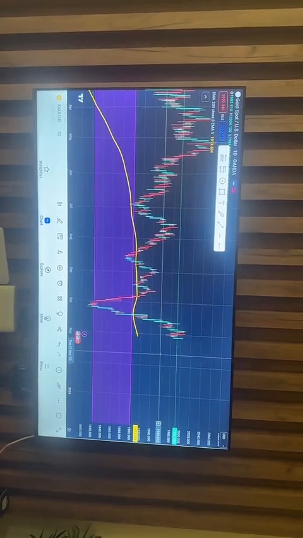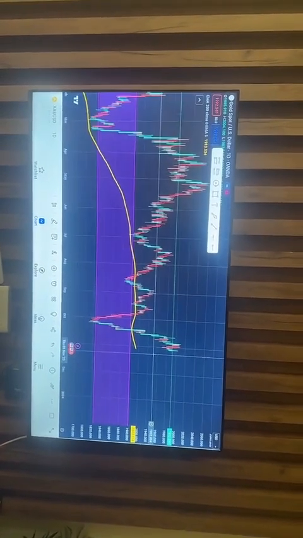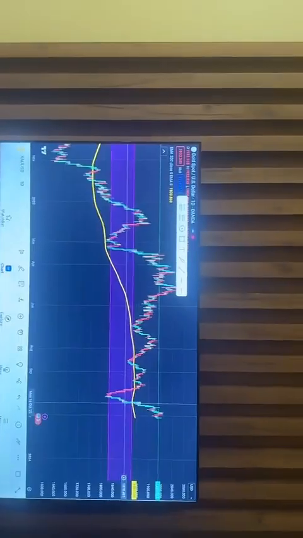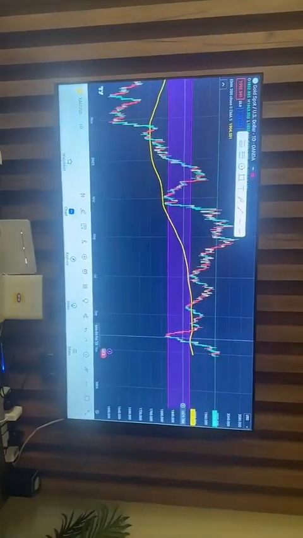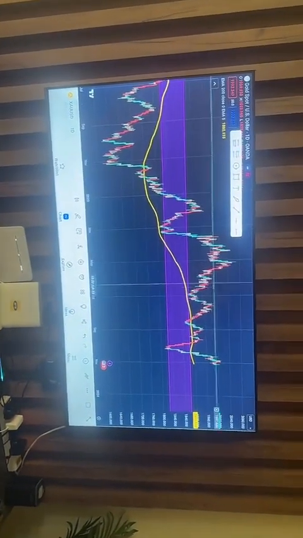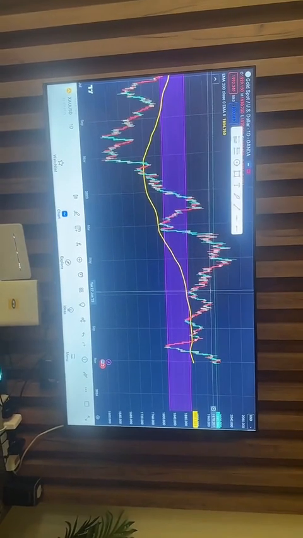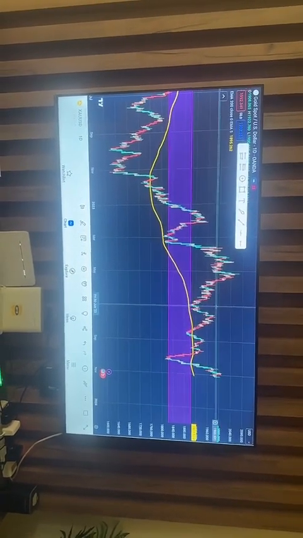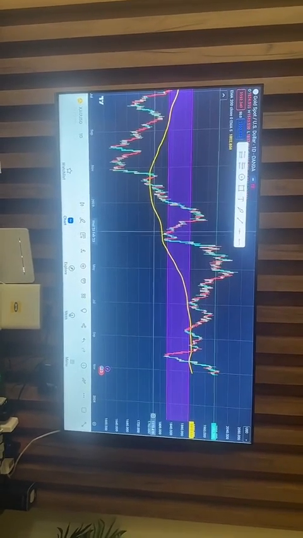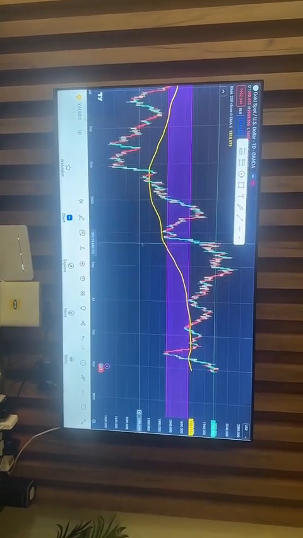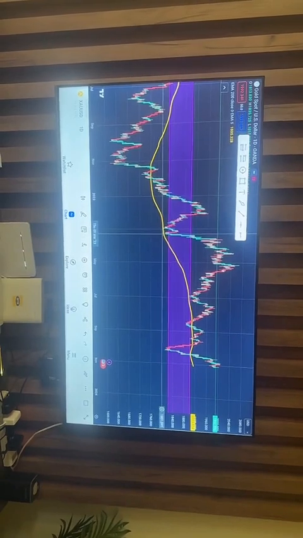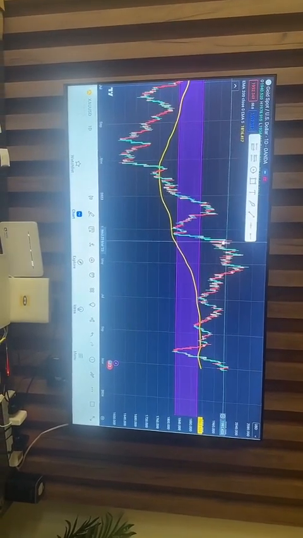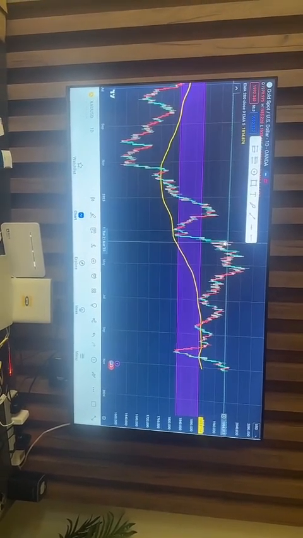Now, how far would this travel? How far do you think this will travel? Now, we begin to look at what are those levels. There is a psychological level here, right? Here, on the daily time frame. What happened to this level? If I come back here, let me take it from here, from March, you had a run and it stopped here. So let me use the